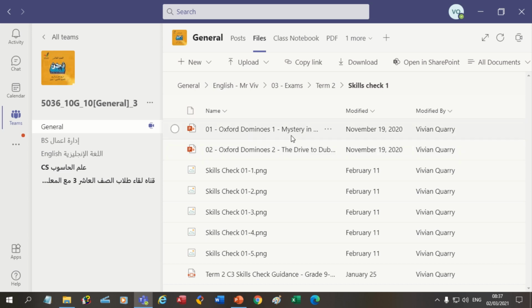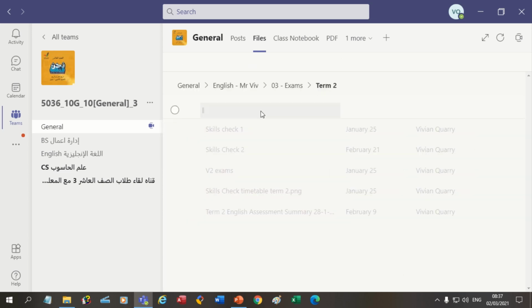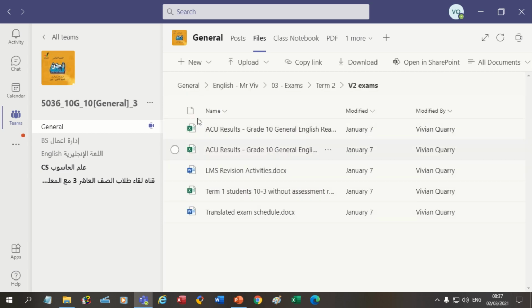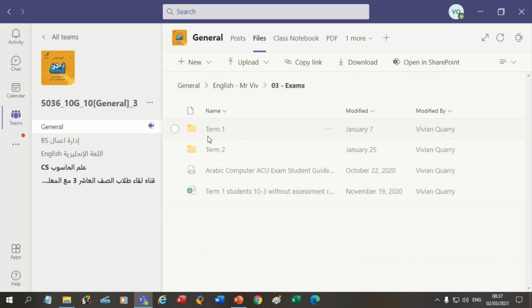Okay, there are reading materials here if they want to practice their reading. Version 2 exams results are here as well. Next,